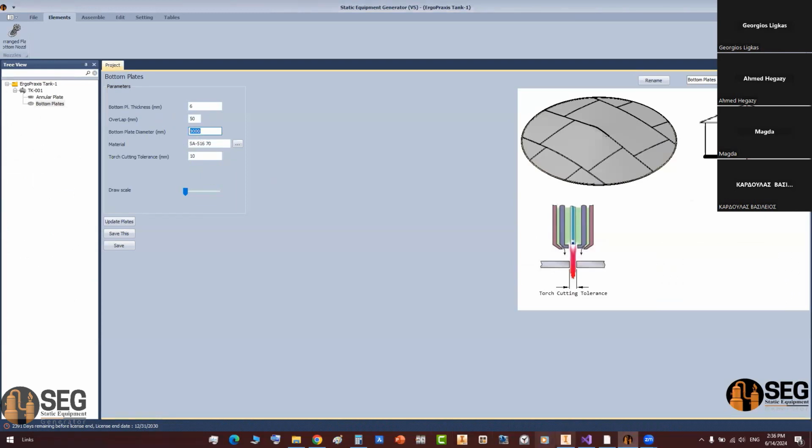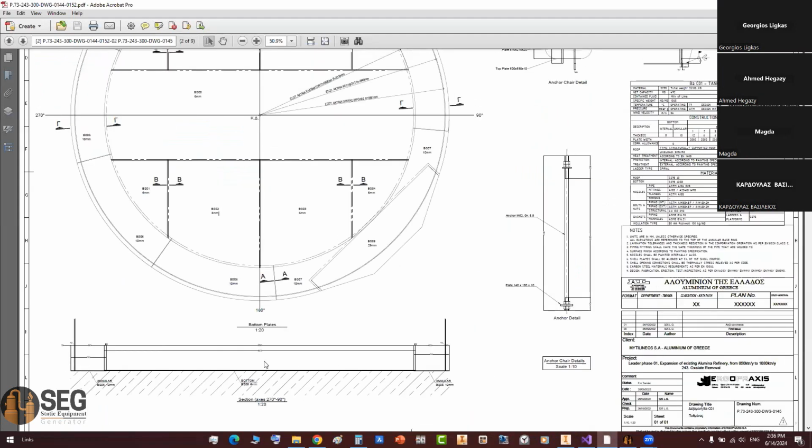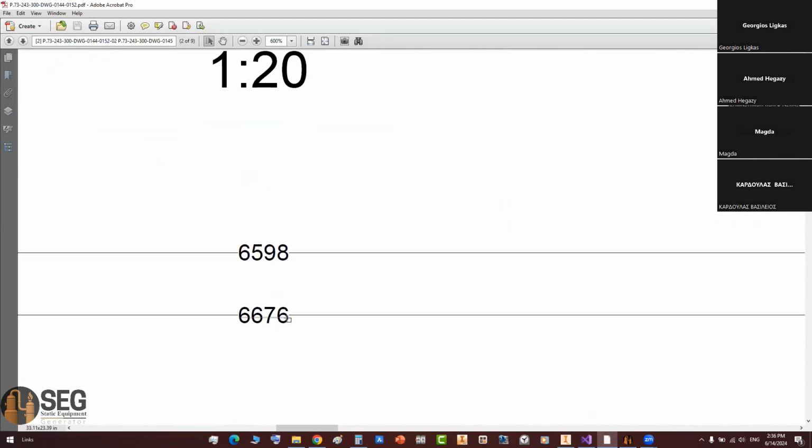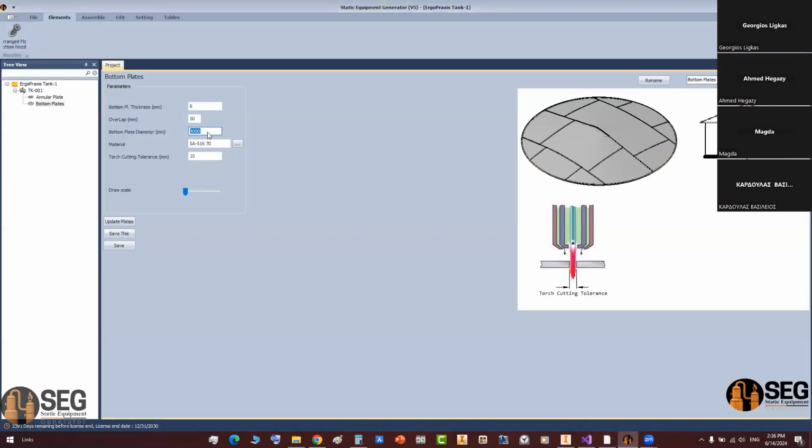And from here, let's define the annular plate diameter, which is that value. So let's copy that value and paste it here. And for the bottom plate material, let's change it like that. And the cut torque tolerance, if you take a look at the image on the